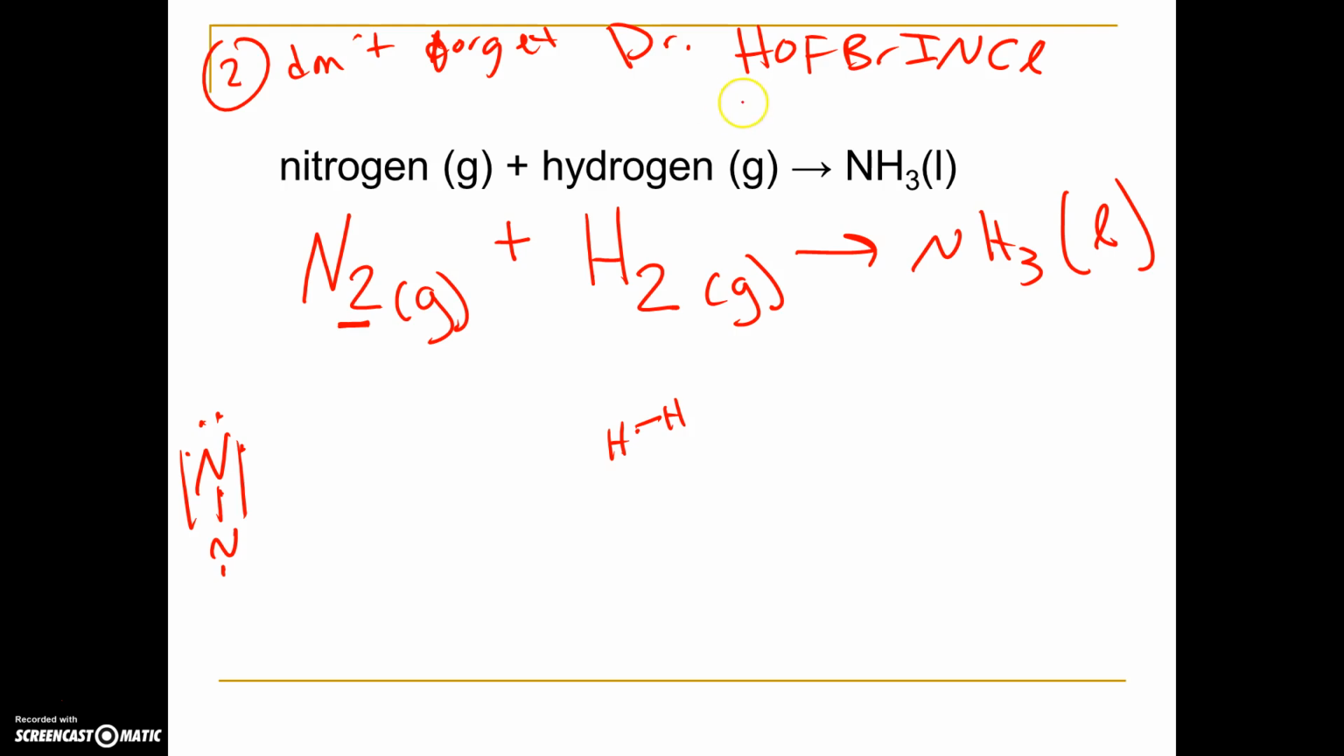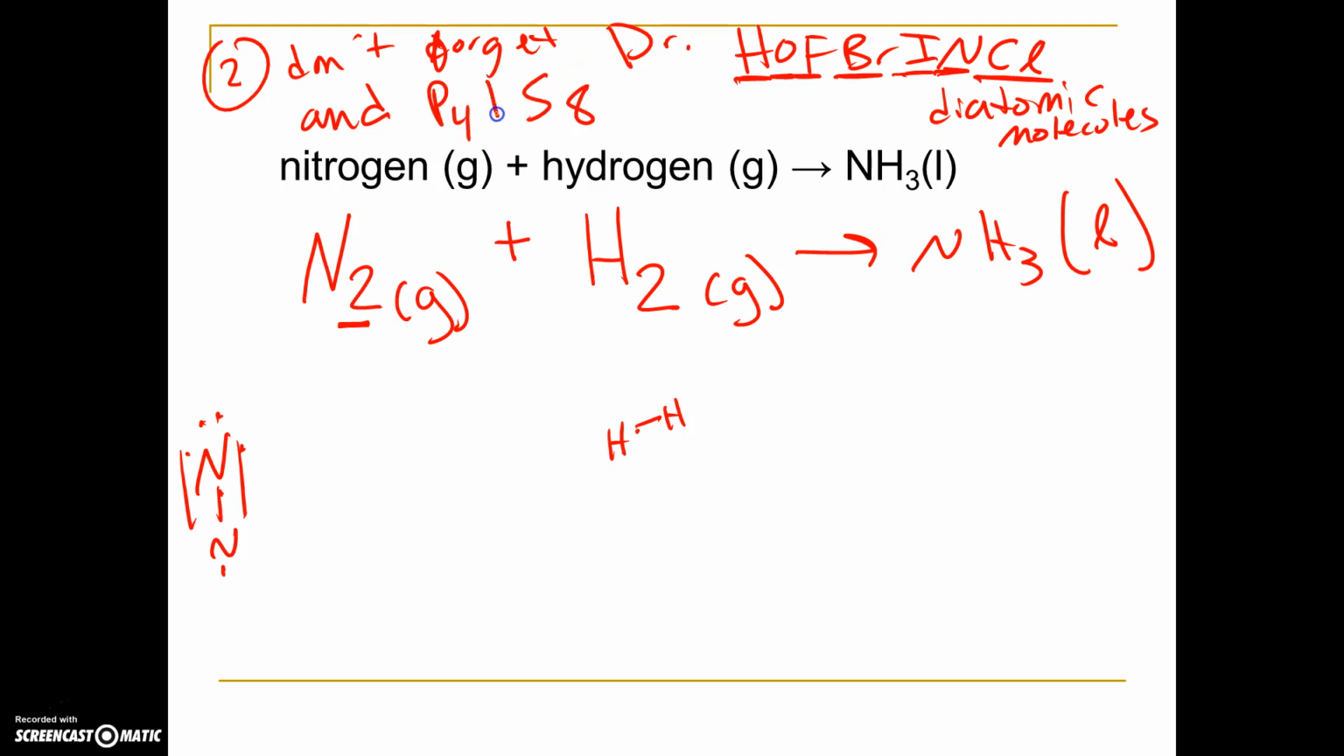And if you look at my hint, don't forget Dr. Hofrinkel. H is for hydrogen, N is for nitrogen, and this other part is to remind you that oxygen, fluorine, bromine, iodine, nitrogen, and chlorine are all things that need the 2. They're technically called diatomic molecules. Diatomic: 2 atoms that make up the molecule. We never find them by themselves. Don't forget Dr. Hofrinkel and